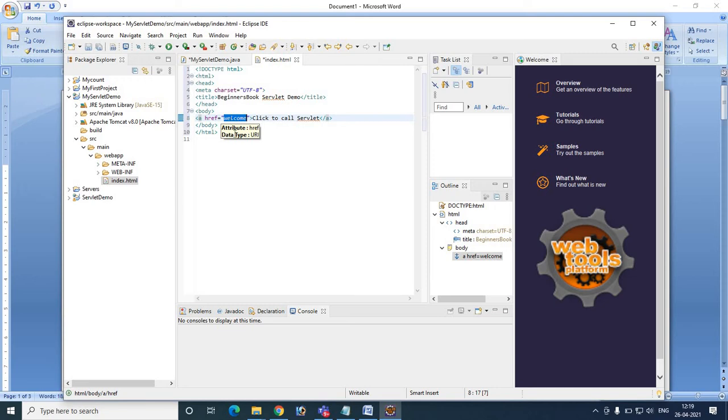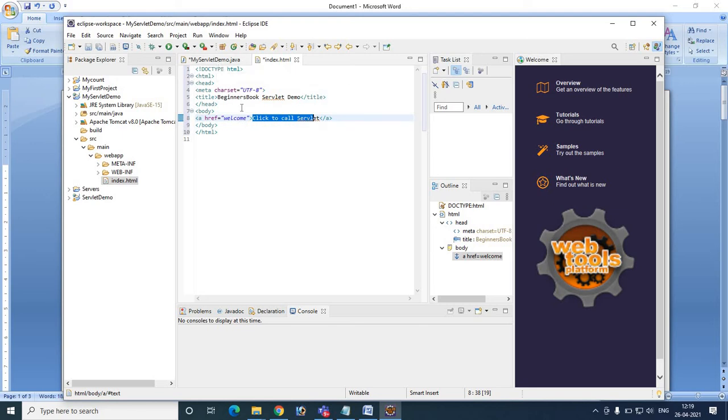Now we have to map this welcome to the my servlet demo. The word welcome has to be mapped with my servlet demo.java. Then only when you click the click to call servlet, it will call the my servlet demo.java.